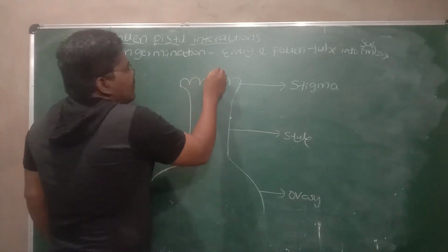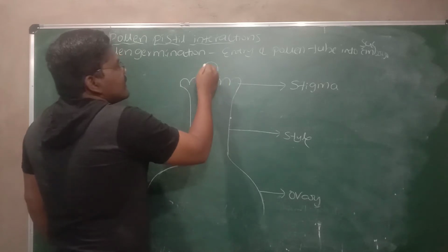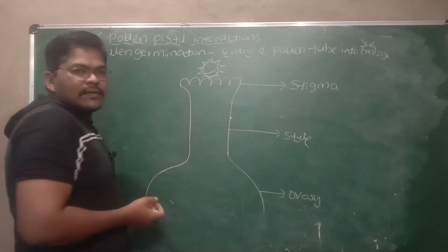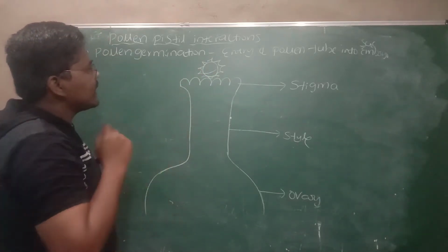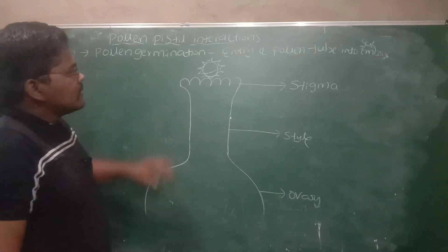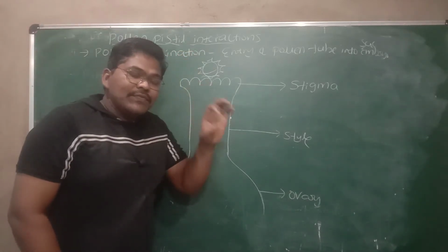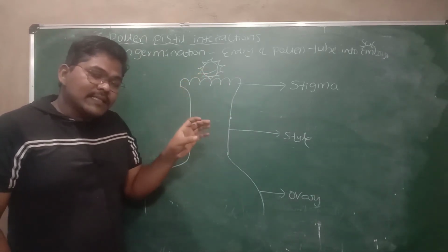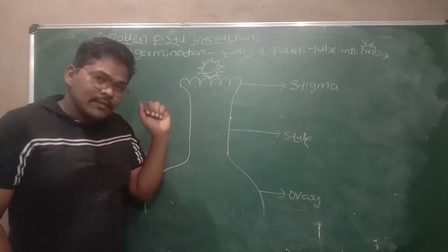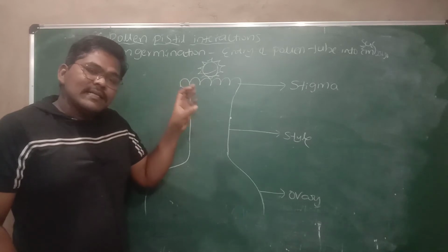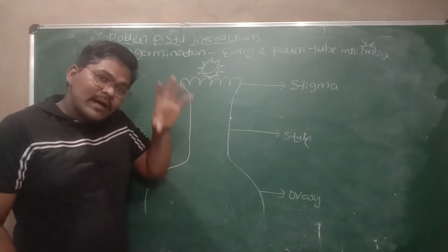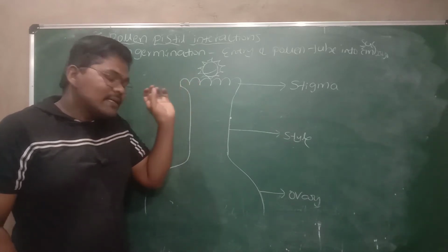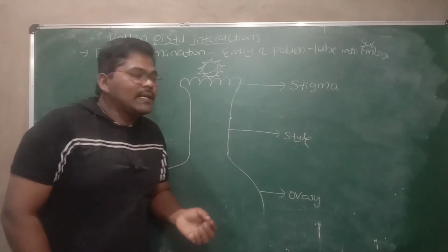See, after pollination, the pollen grain reaches the stigma and binds onto the stigma. Stigma is sticky in nature, hence the pollen grain binds on the stigma. The stigma can identify whether the pollen grain is compatible or incompatible, meaning is it the correct type or the wrong type? If the correct type of pollen grain binds on the stigma, then only the stigma allows pollen germination. If the wrong type of pollen grain is present on the stigma, it will not allow germination of the pollen grain.